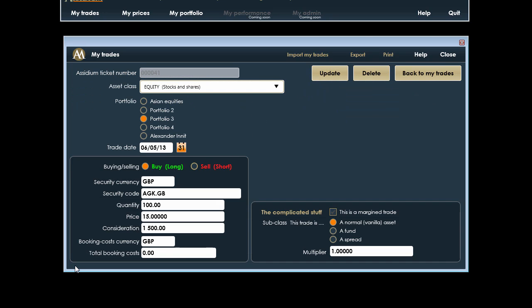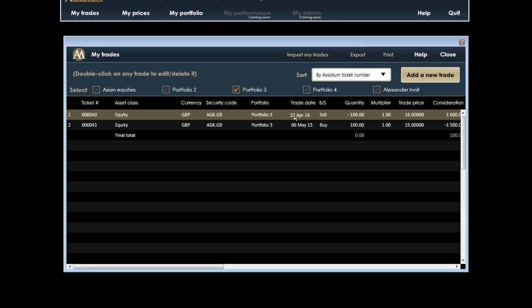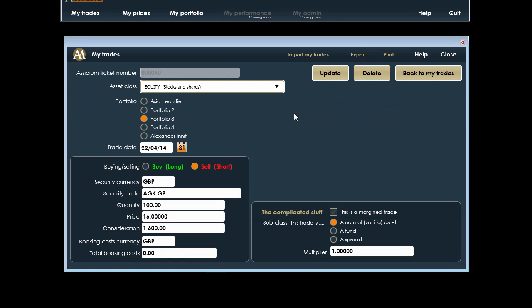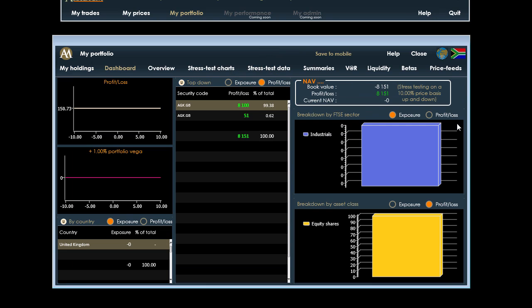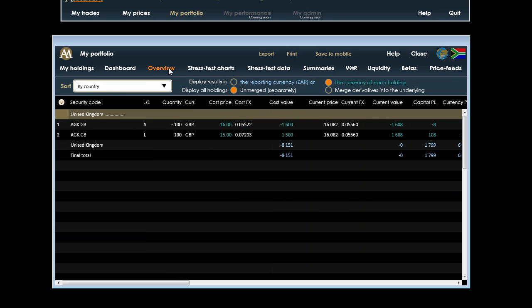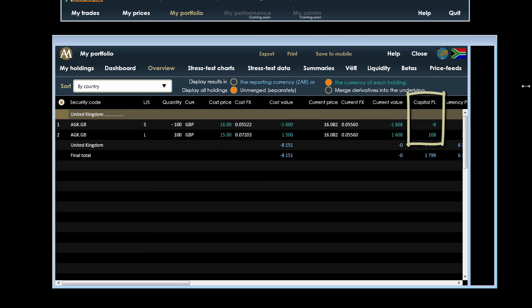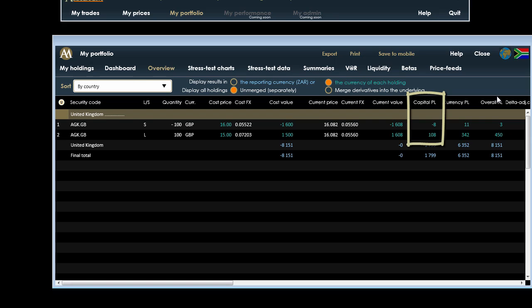We purchase 100 AGK.GB shares at £15 on the 6th of May 2013. The cross rate to the South African Rand that day was 0.07203, and therefore the consideration or cost value was 20,824 Rand. We then closed out the position on the 22nd of April 2014, when the exchange rate was 0.05522. While we made a net £100 on the share movements, at current FX levels, we have made a further